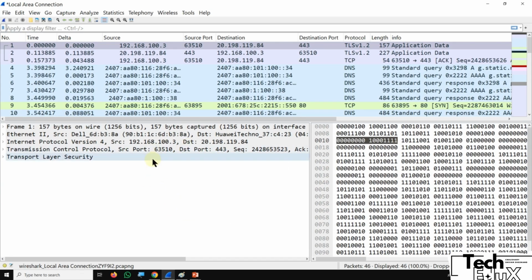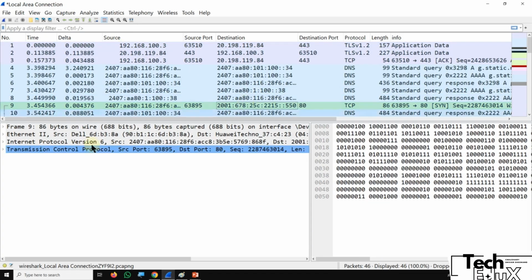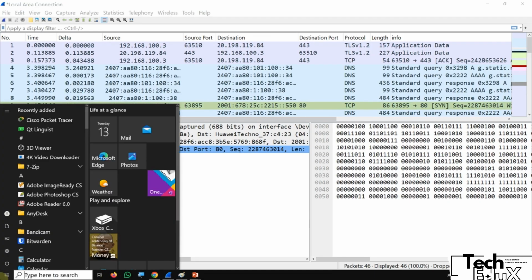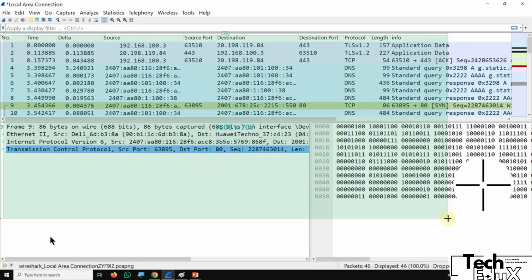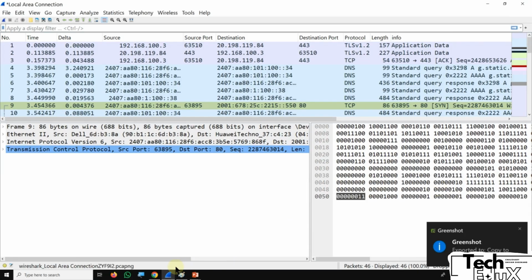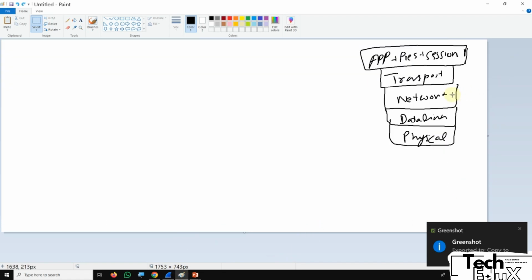So what I'm going to do is correlate that with this. As you can see, we have captured tons and tons of packets. Currently, I am on frame 1, which means I am sitting over here. If you select TCP, you can see the things have changed, and now I am on frame 9. So I'm going to correlate. For that, I'm going to take a screenshot of this one, copy to clipboard,